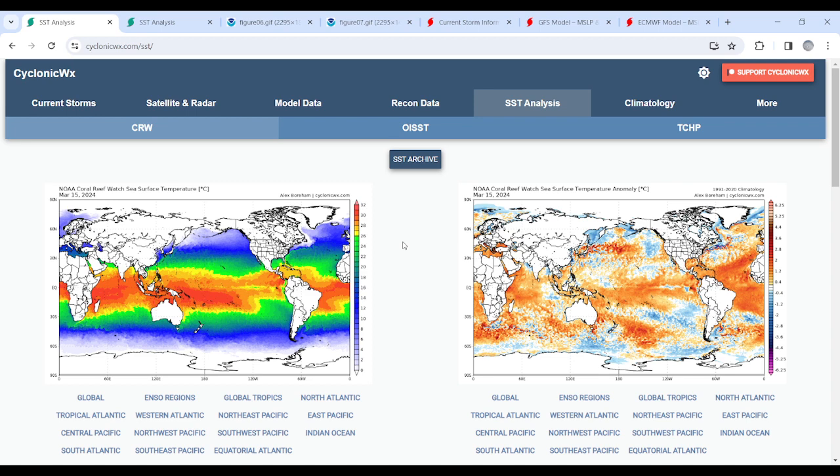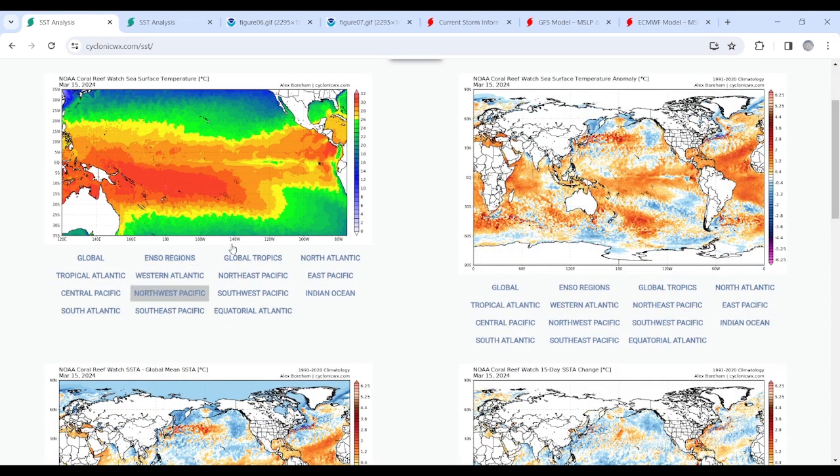We are here on Cyclonic Weather, a great website by Alex Worm, and here we go. Here's the ENSO region. As you see, these lighter shades here are really starting to make themselves known at this current time. Some of these SSTs are getting into 27, 26 degrees Celsius, which is obviously starting to become a little bit lower of an average here, which is significant because that tells us that this El Nino is decaying,